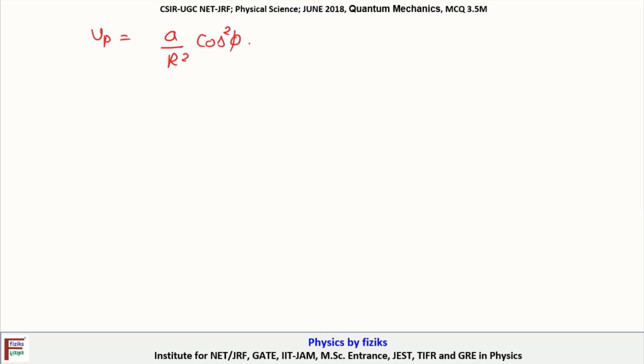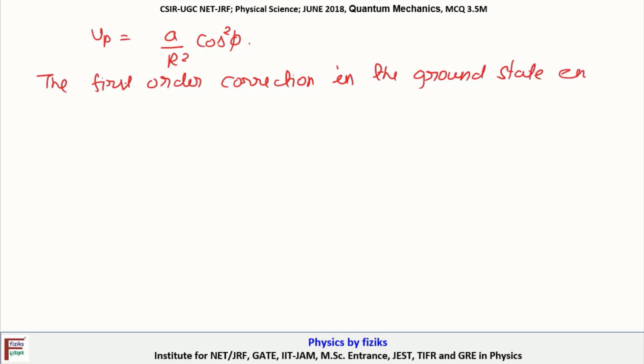So the first order correction in the ground state energy of the particle is E0 1, E1 1, psi 1 will be psi 1 of phi,